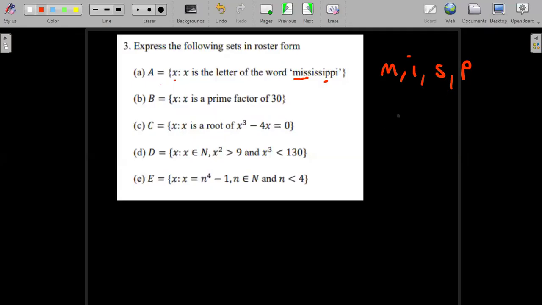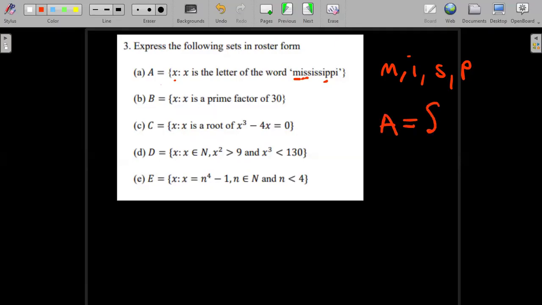So now, as we said, a set must be well defined and must be distinct. So we cannot repeat these letters that are there, like S and P and all those. We cannot repeat them. So when we are talking of the set here, how we're going to list it, the set A